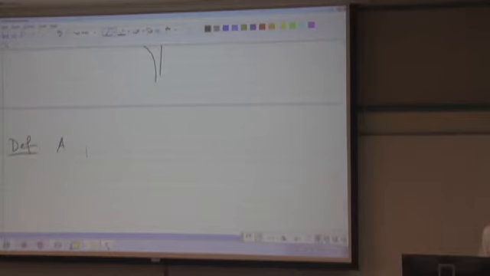A function f is continuous from the right at a if